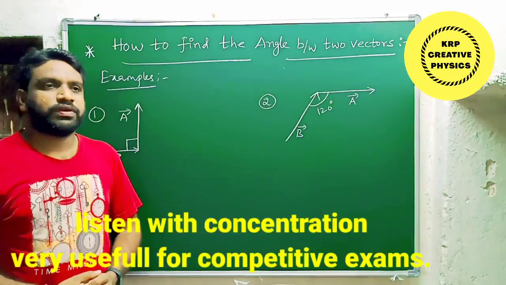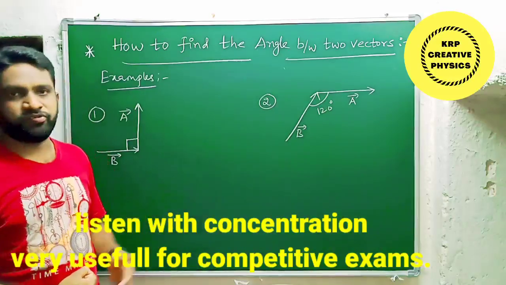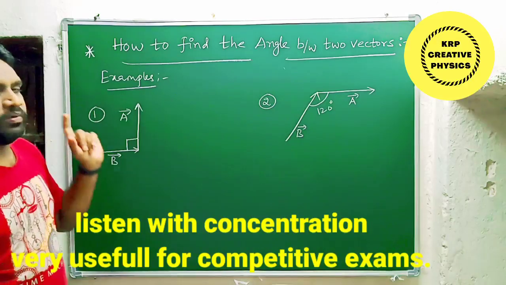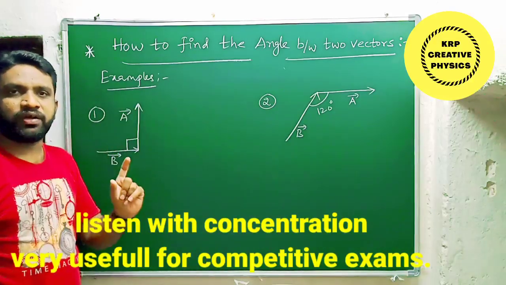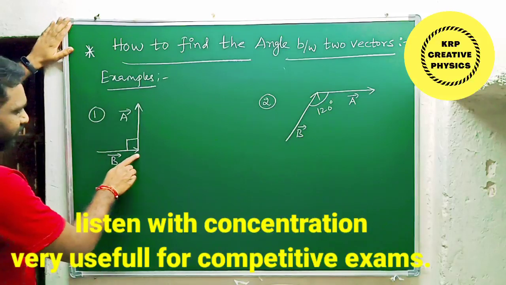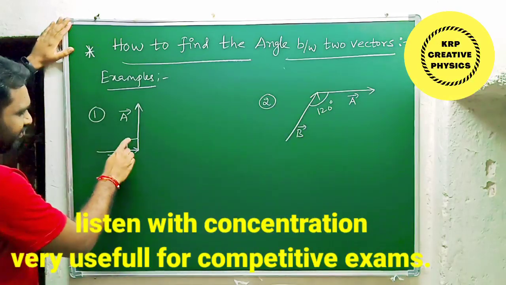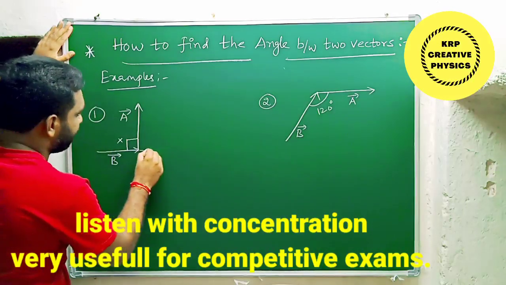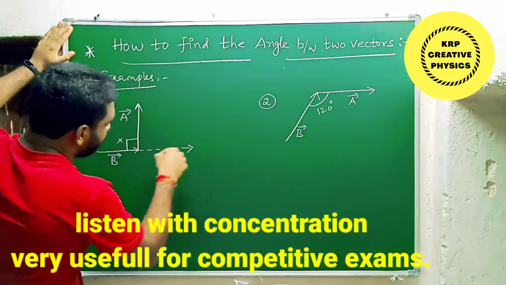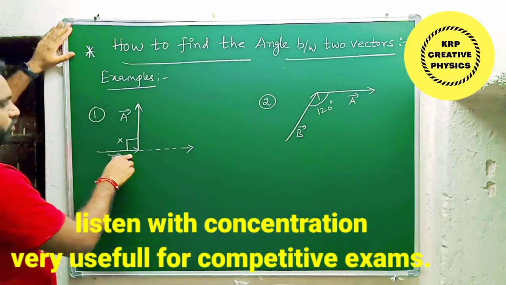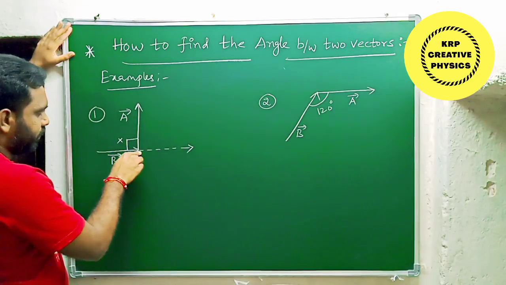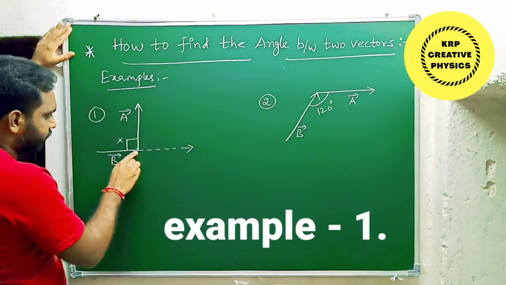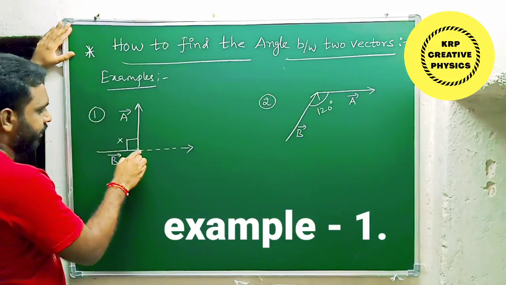Okay friends, let's find the angles with some examples here. So this is example 1. What is the first condition? We need to measure the angle between head to head or tail to tail. Just try to observe here. This one is head and this one is tail. This is not considered. This angle is wrong. So for that sake, what we need to do? Just we need to extend vector B. Then what we'll get here? This one is tail and this one is also tail. So now we can consider this angle. Why? Because tail to tail.